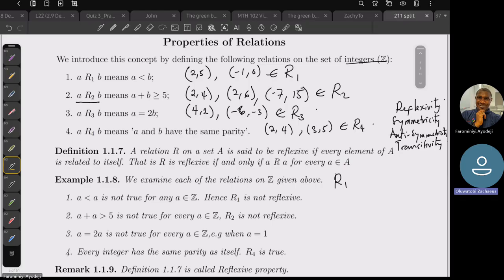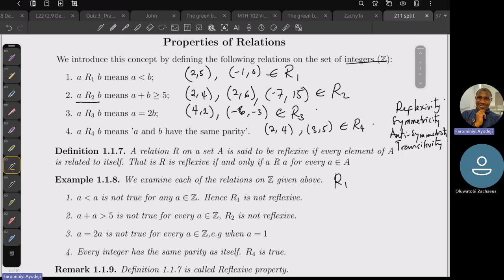No, sir. Why is it not reflexive? Because we have 2 and negative 1. From the definition of reflexivity, a relation is said to be reflexive if every element is related to itself. But 2 and minus 1, they are not related. That is not the way to explain why it is not reflexive. If you are to show a counter example, because a counter example is enough to prove that something is not reflexive,